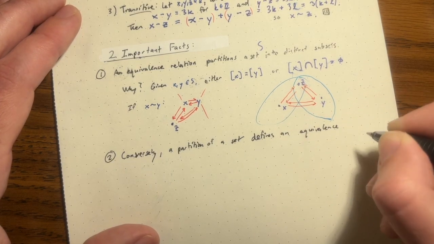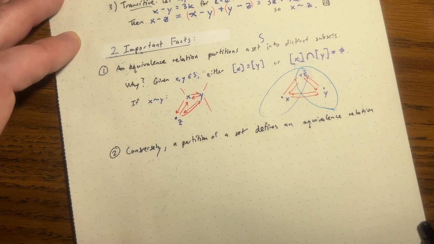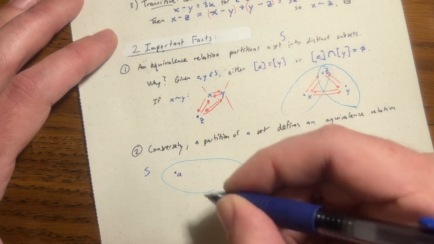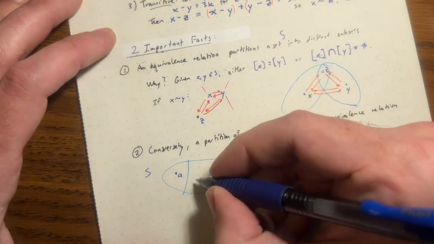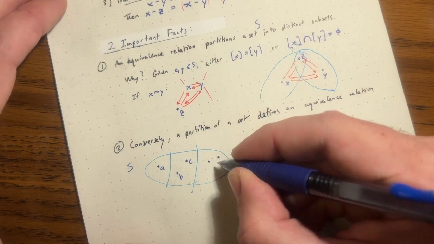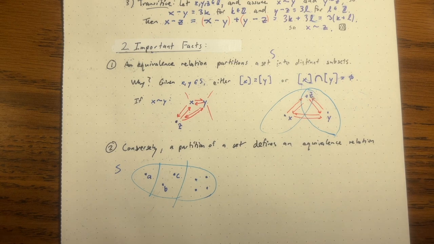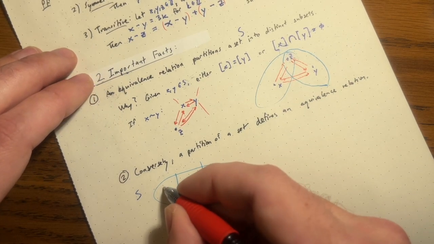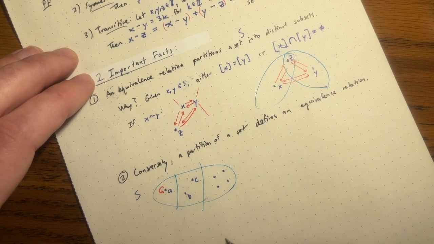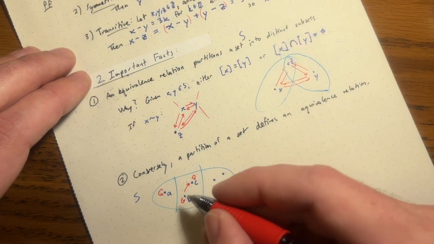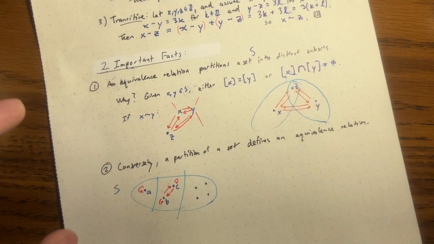And I'll show you how you might do this in a picture. So let's say I have some set, and it has some elements. Let's say I've got an element A, and I want to partition A off into its own subset. Let's say I have B and C, and maybe I want to partition those off. And maybe I have some more elements down here. And how do you define the equivalence relation? Well, you essentially just say everything in each subset is equivalent to everything else in that subset. So A is equivalent to itself. If we don't say that, then we don't get an equivalence relation because it's not reflexive. So you need to say everything is equivalent to itself by default, and then everything is equivalent to everything else in its partition. So you can partition a set however you want,